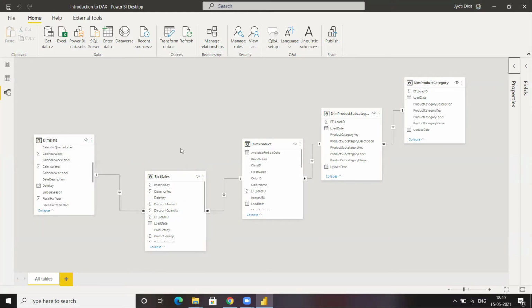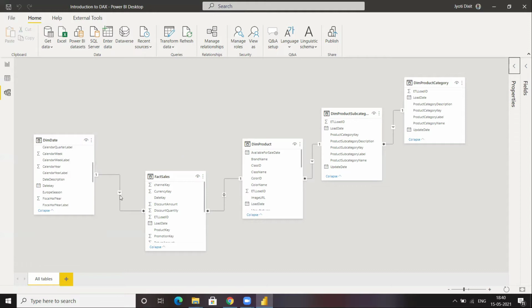So in the Power BI world, or in any kind of data modeling world, you will be coming across various tables. In that case, you will have to closely study the data model, and how different relationships exist between different tables, and what the flow of filtering is like.